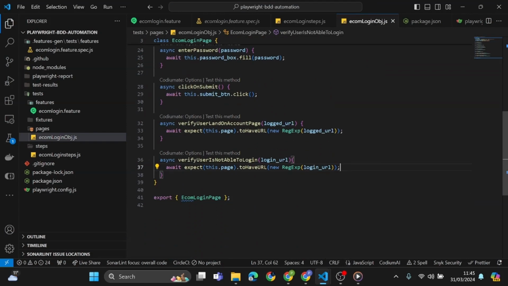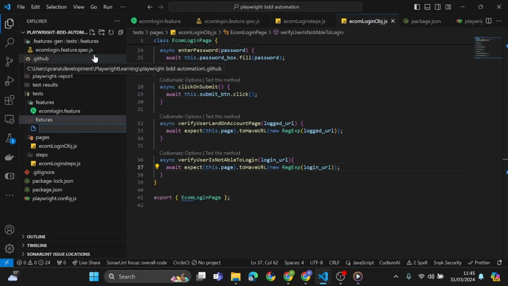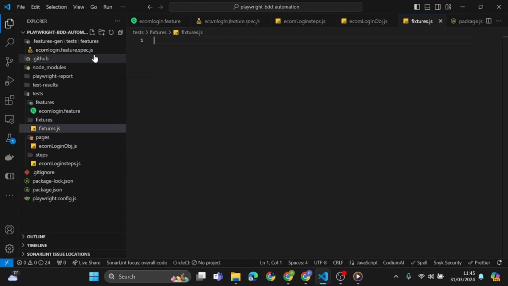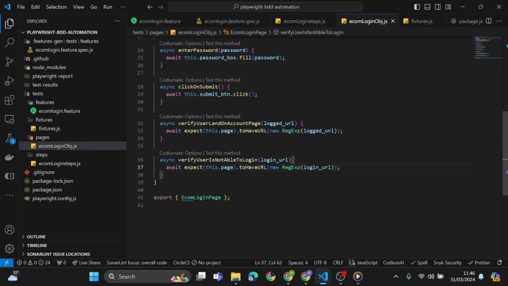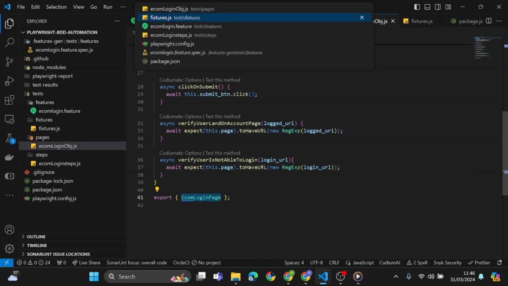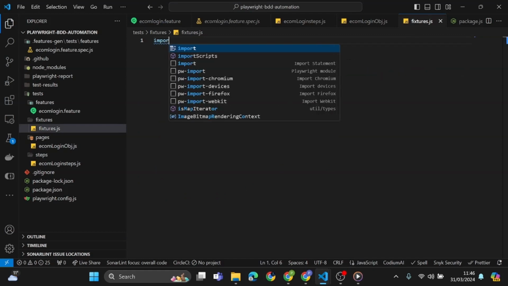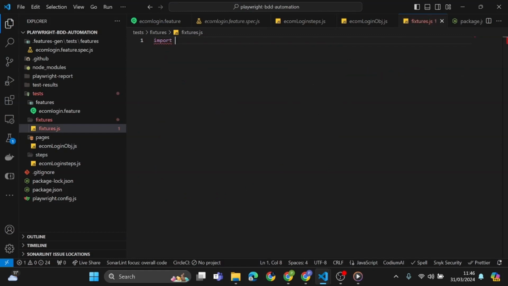So what we have to do is export this ecom login page this way. And let's come to our fixture. In fixture, I will make a new file. This will be our global file where all our pages could come, so I'll just type in fixtures.js. In this file, the very first prerequisite will be to import our ecom login. How are we exporting it? We are exporting this one here. So let's import this. I will say import